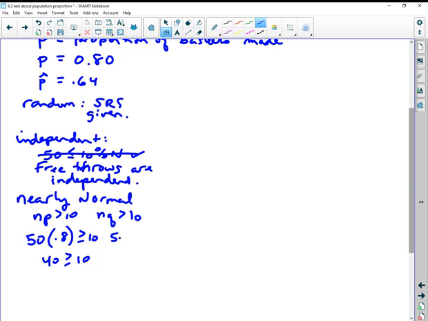You know, each textbook has a different level. Some textbooks even say this can be as low as 5 before they can do that. But anyway, this looks good. Just made it. So we are meeting the nearly normal condition. So since our conditions are met for inference,